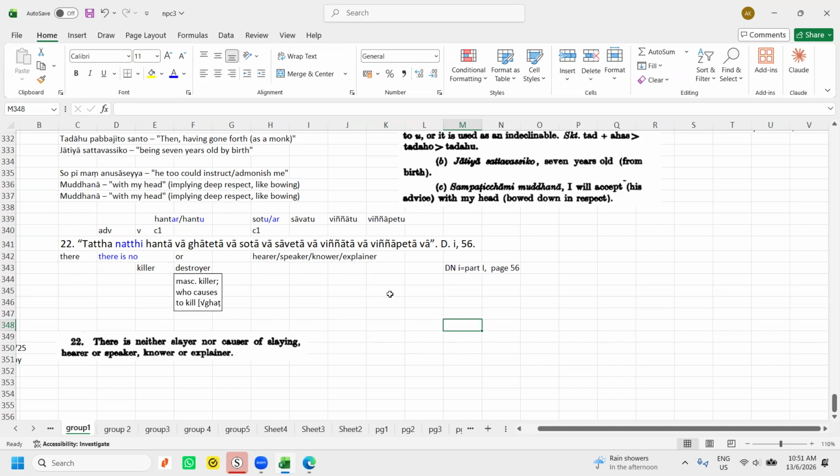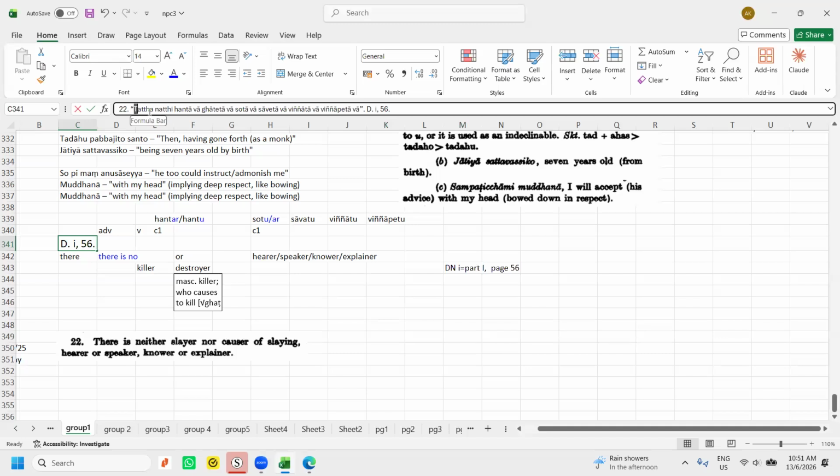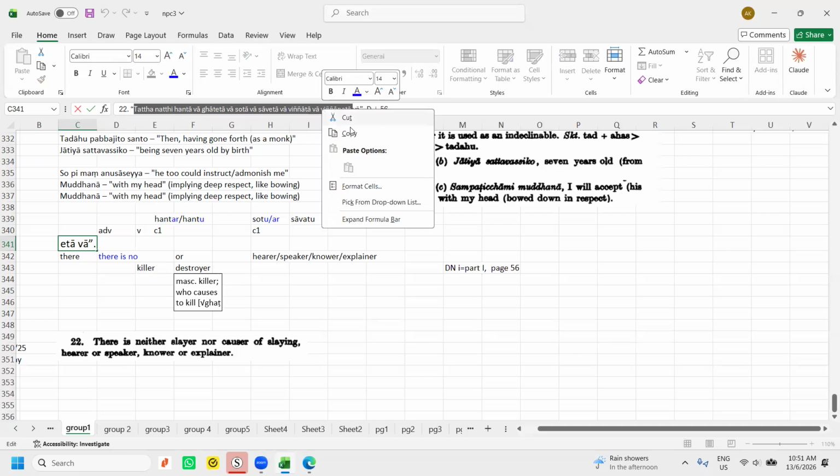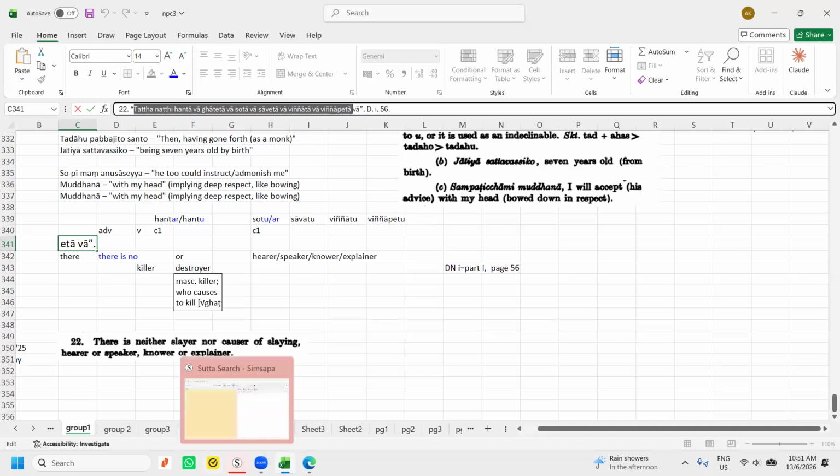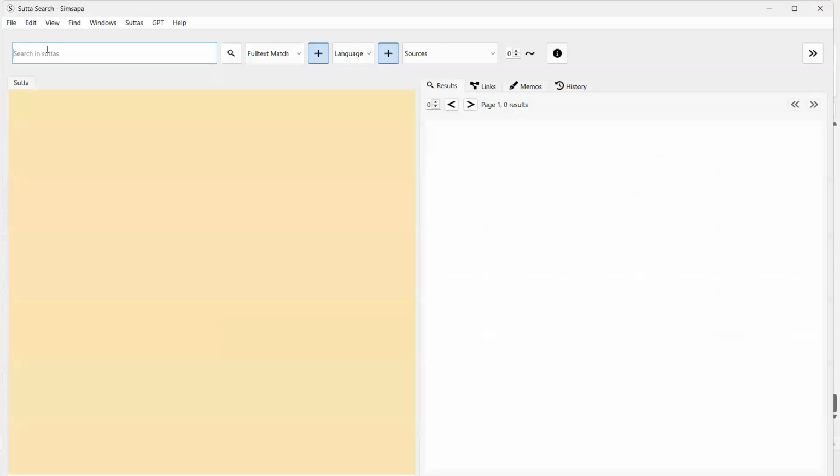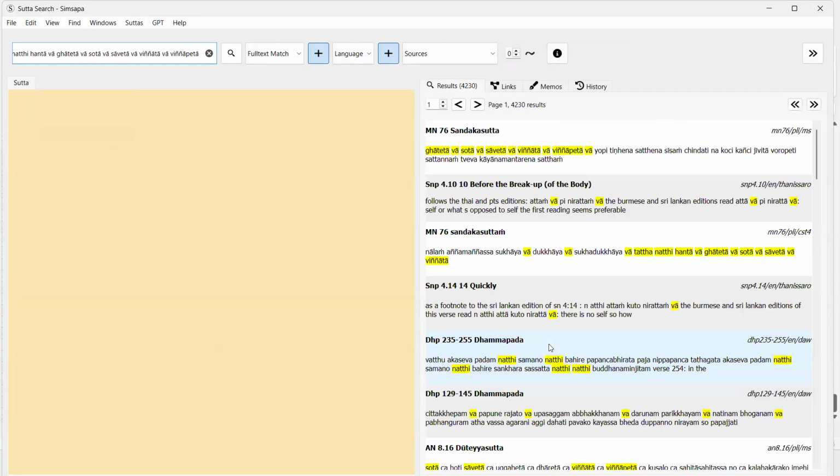But if you want to know this, there is another way of doing it, a reverse. You just have to copy this. I copy up to here. You go to Simsapa, you paste it here, and then if it comes out, we know